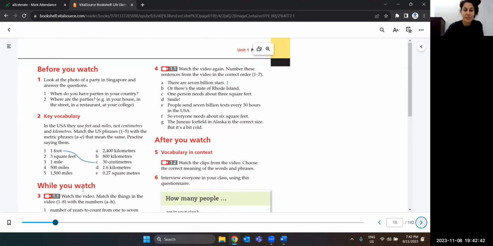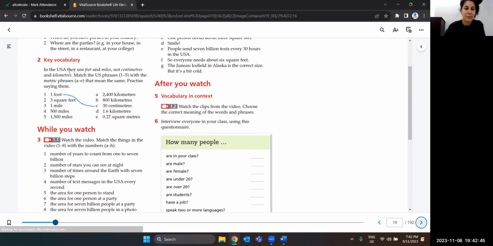So here, the same thing. We have a little bit of measurements. Like in the USA, they say feet and miles. But in Australia, we say centimeters and kilometers. So centimeters is how tall are you? So I am 160 centimeters. So usually with our height, we say centimeters. Or if you want to buy a pot or a pan for cooking, it goes by centimeters. Or if you want to buy shoes, sometimes they'll have the American size, the Australian size, and even the centimeter size. So centimeters could be used for a lot of things.